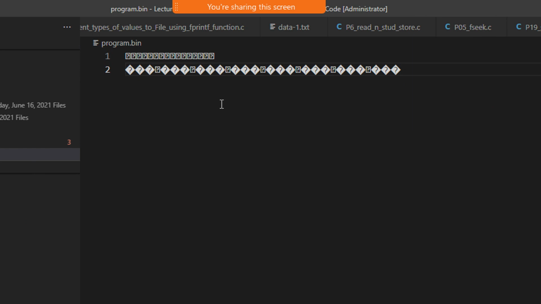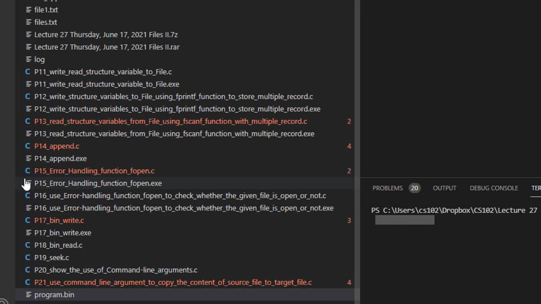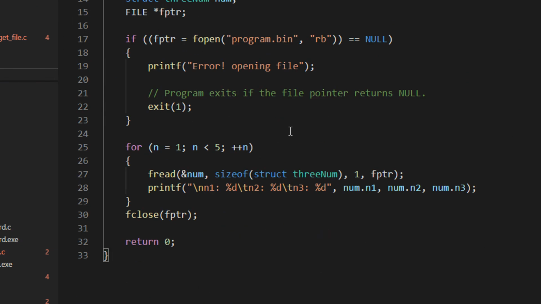So now when do you use the binary mode? For example, let's say you are creating an MP3 file or you are editing a PDF document, and all these special, basically non-text documents, whatever you do, are basically binary objects. So that is the use of binary. But in normal C routines, you do not require much of the binary read and write. Similarly, for reading binary, exactly the same thing.